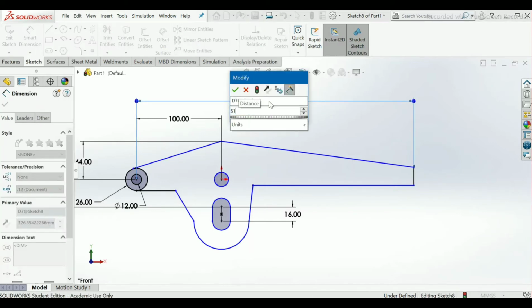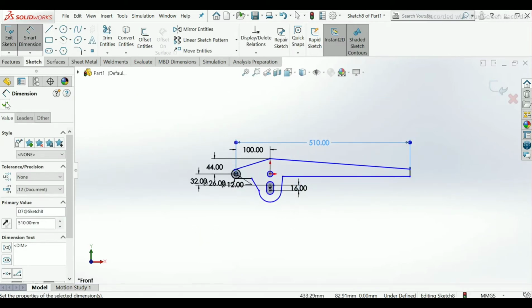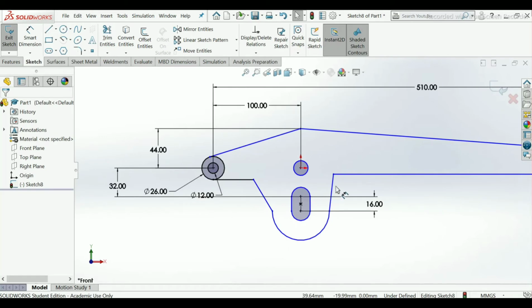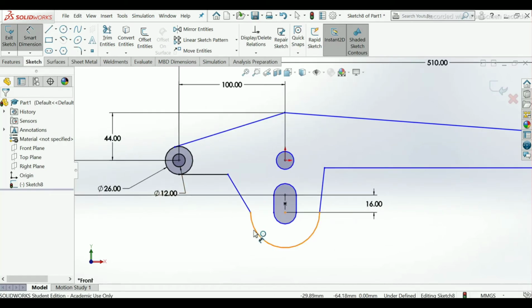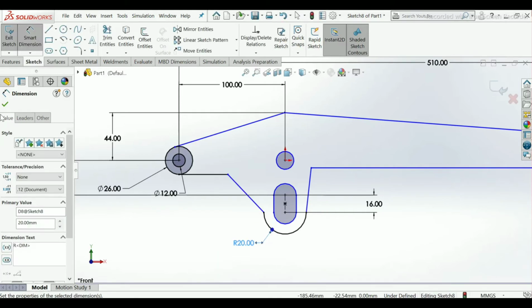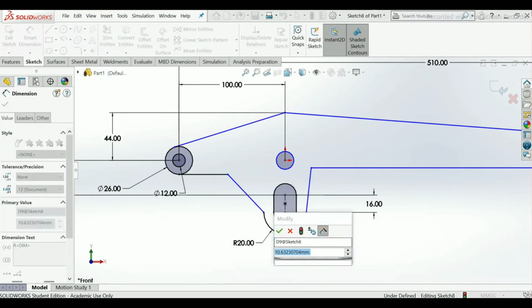Give it 510 mm. Give this radius dimension as 20 mm radius, and the slot will be radius 6 mm.